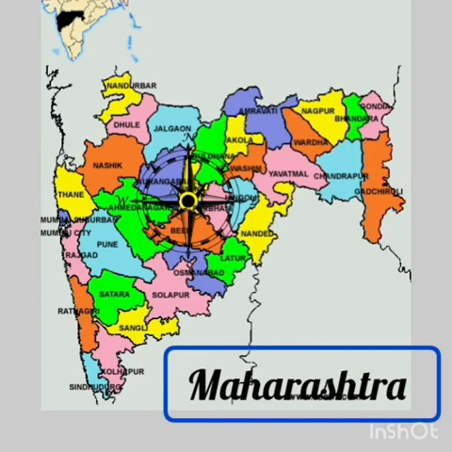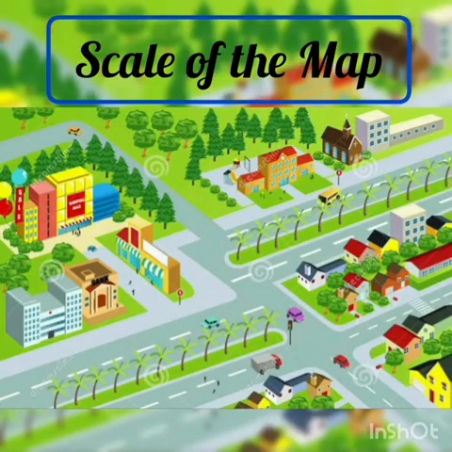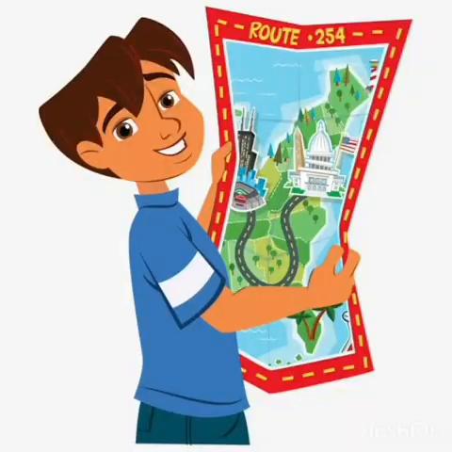If we place the compass rose at the center of Maharashtra state, the location of Mumbai district is on the western coast of Maharashtra. Scale of the map. Places in our surroundings are often located at some distance from one another. These places are also large in size. Maps are comparatively quite small. Therefore, the distance between these places has to be shown in a very limited space on a map.